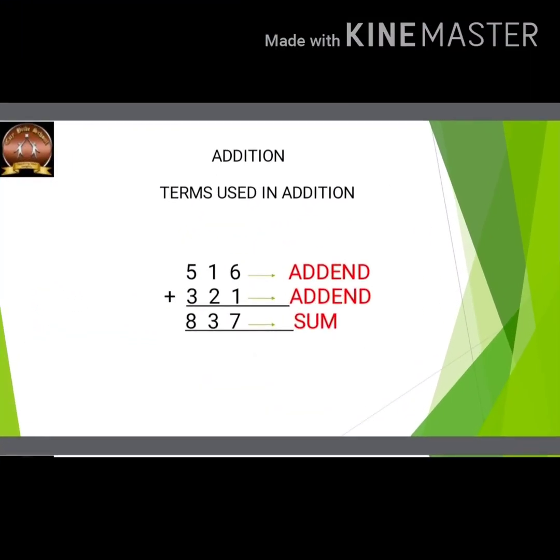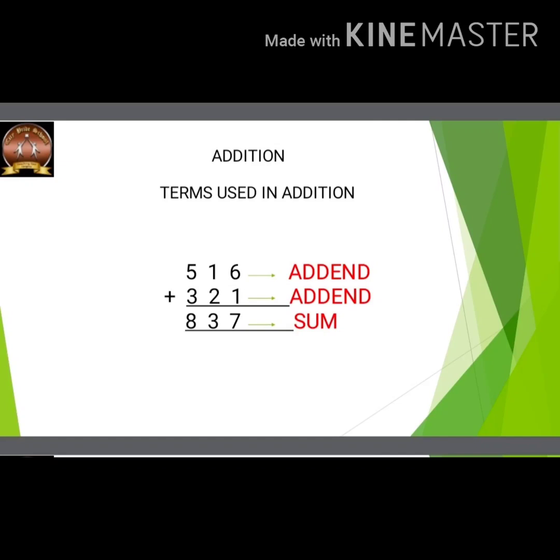The picture in front of you shows you an example of addition. When we add 2 numbers, the first number is called addend and the second is also called addend. For better understanding, you can always name it as addend 1 and addend 2. I hope you all remember this, and when we add these 2 addends, the answer that we get is known as sum. So this is what is explained in this example, children. That was a quick recap for each one of you.